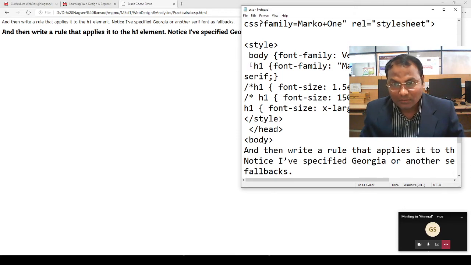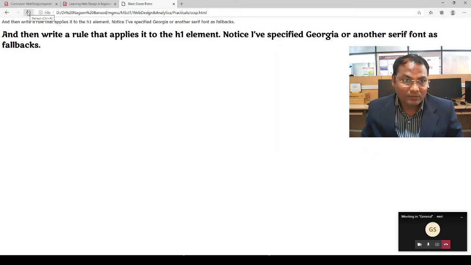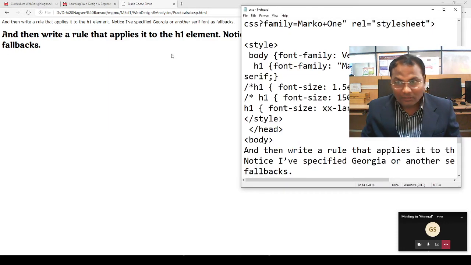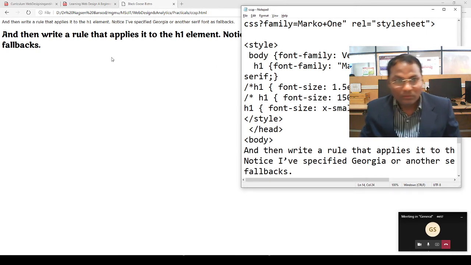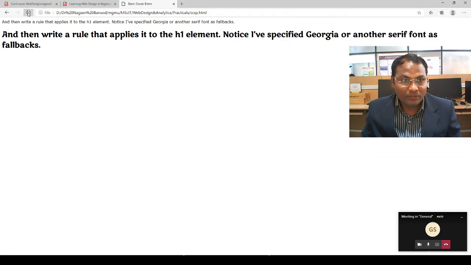Font size x large. Now we will make it here xx large, and it becomes larger. Now we will add here x small, then this font will be small.